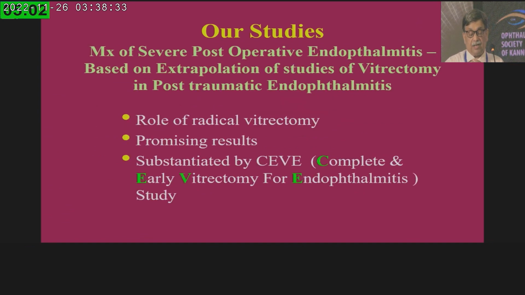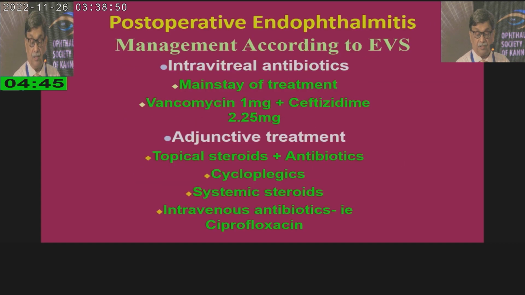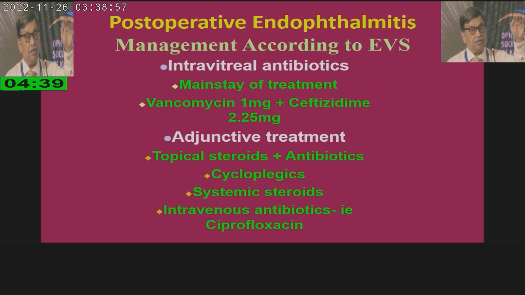And finally, we decided to do studies on post-traumatic endophthalmitis, and we wanted to assess the role of a radical vitrectomy, what you call a complete vitrectomy today. We found promising results which have now been substantiated by the SEEVE study, which is complete and early vitrectomy for endophthalmitis. But with all these studies now, how do we manage today, keeping EVS in the background,